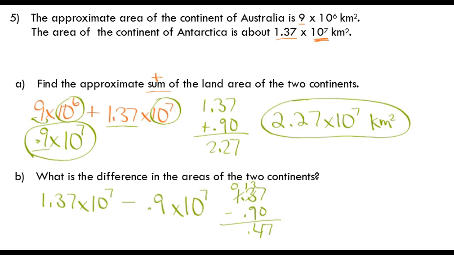And this is where I mentioned that this could happen earlier. 0.47 times 10 to the 7th kilometers. But that's not written properly. If I'm going to end my answer with this, I don't want it to be incorrect. So I've got to move this over. This is like that class starter where I had you fix them. And we have 4.7 times 10 to the, now I'm holding my hand up in this way,